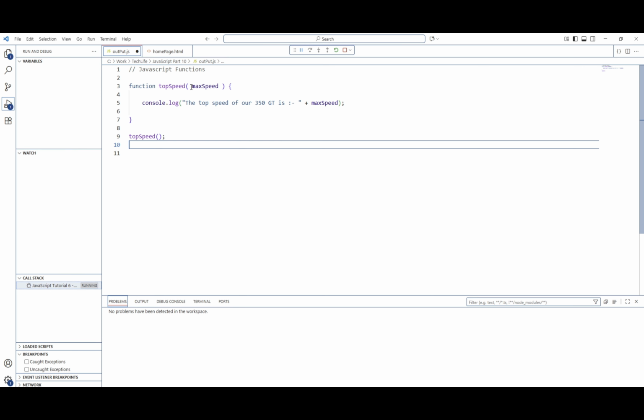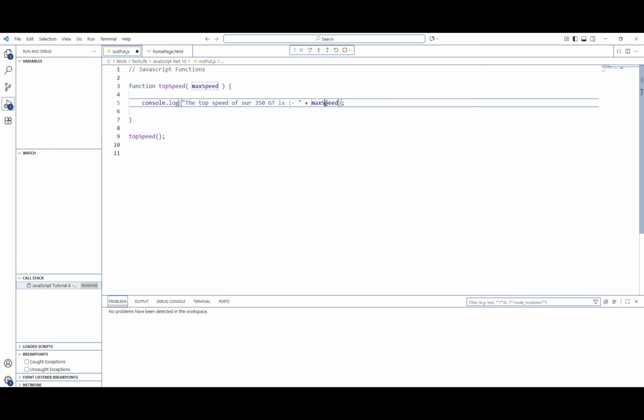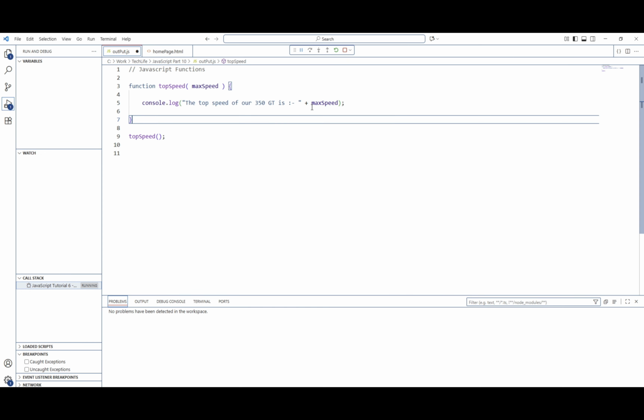And so that's our function changed to take a parameter. It's taking one parameter, called max speed. We're using the max speed variable and concatenating that to the existing string here. So whatever value is passed into this variable will be